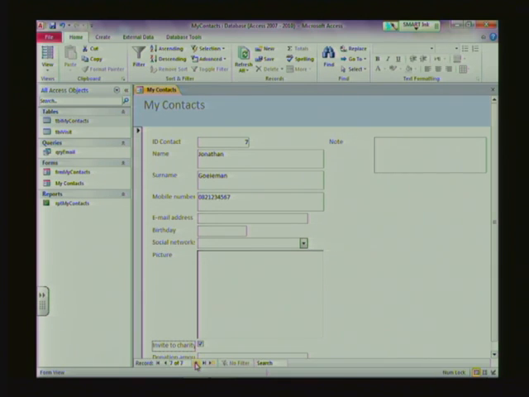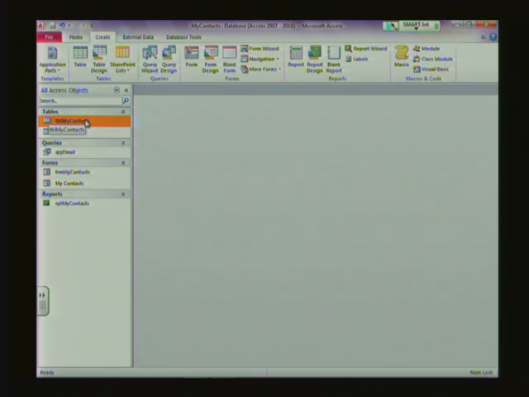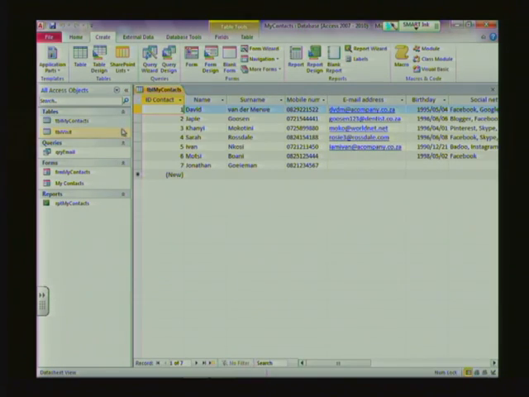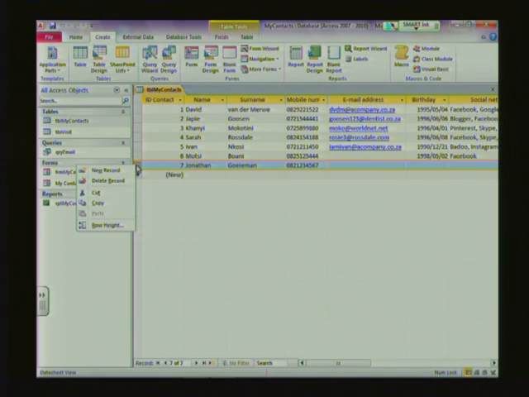Let's close our form and open our table again. You'll notice that the information that you entered using the form is now visible in your table as well. You can also delete records directly from your table. So if we didn't want to have Jonathan Goeieman in here anymore, we can right-click on the record and then